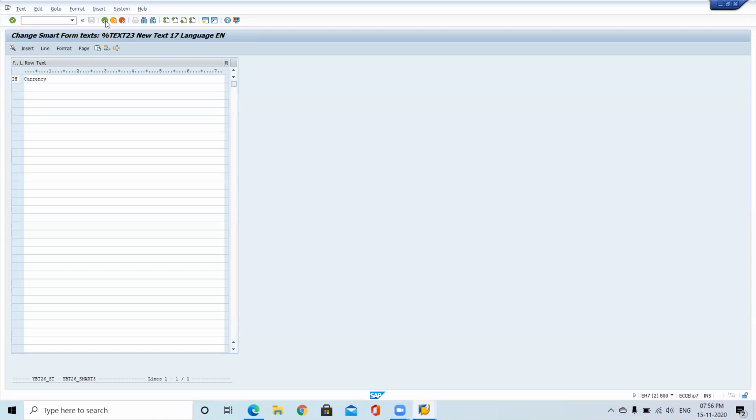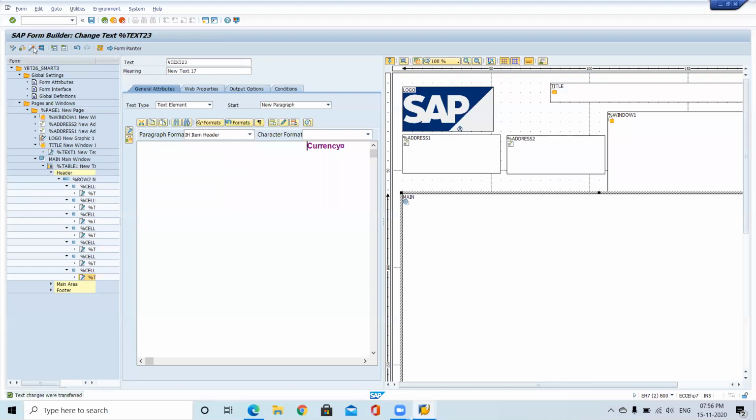It is to assign that IH format for the heading. So now IH is center aligned.